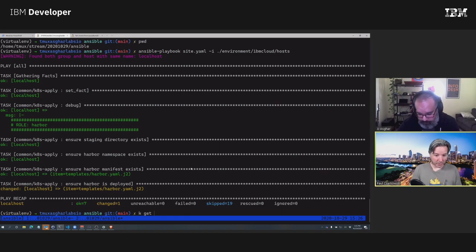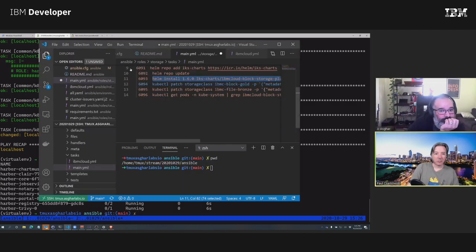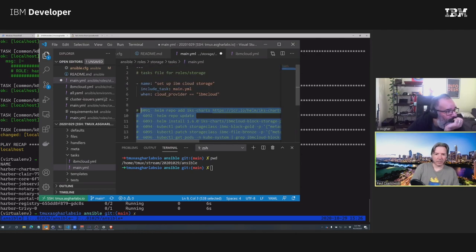Okay. So I just want to see these come up and make sure we can access it. So we'll give it a hot minute. It'll get the PVCs going, but I'll quickly talk through what we need to do here. These are the kind of commands we need to run when cloud provider is set to IBM Cloud.